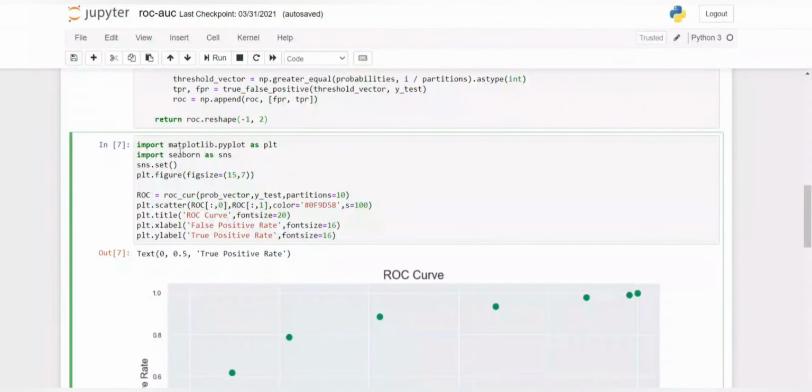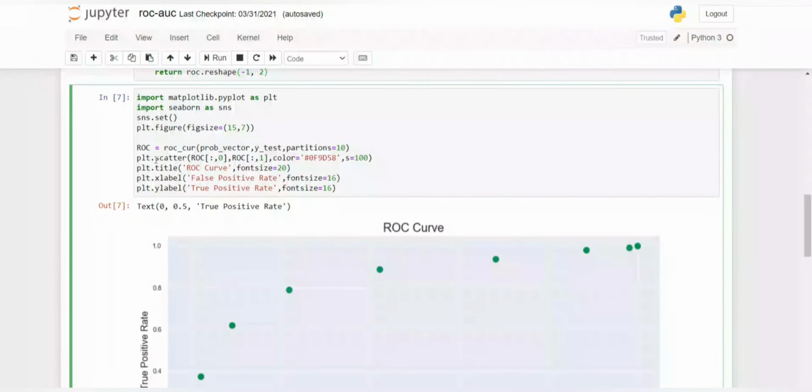Now let's see the ROC AUC curve. Here we have imported matplotlib.pyplot as plt. Matplotlib and Seaborn, both libraries are used for visualization purposes. Here we have built a scatter plot for the AUC ROC curve. ROC equals the ROC curve function.